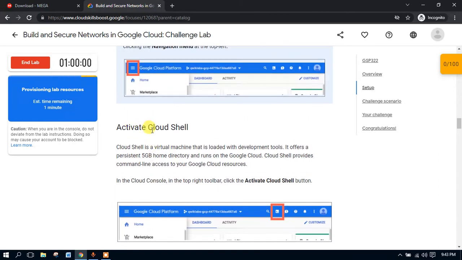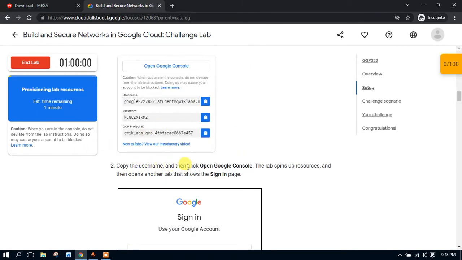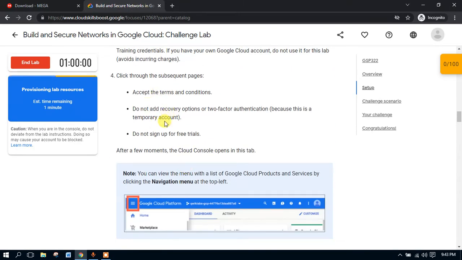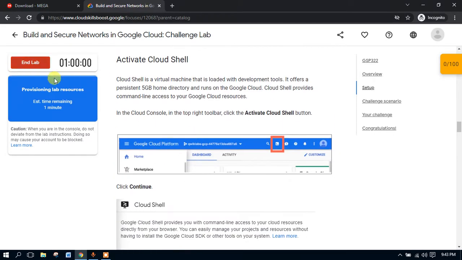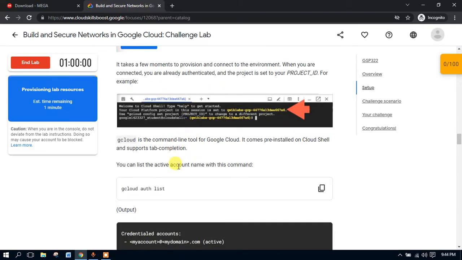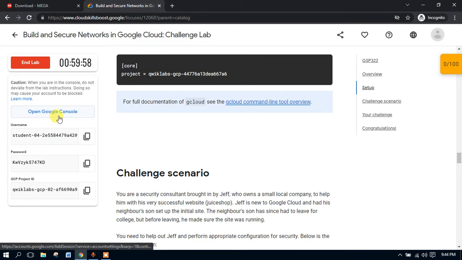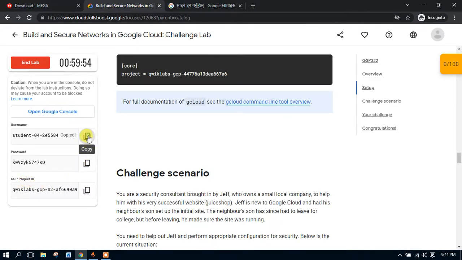It says to activate Cloud Shell and sign into the page. Yeah, we know. Open the cloud console and sign in. We have to do this first, otherwise we can't move ahead. Once we get the resource entry point, we will activate Cloud Shell and run this code. Just click on open Google Cloud Console and copy this username.